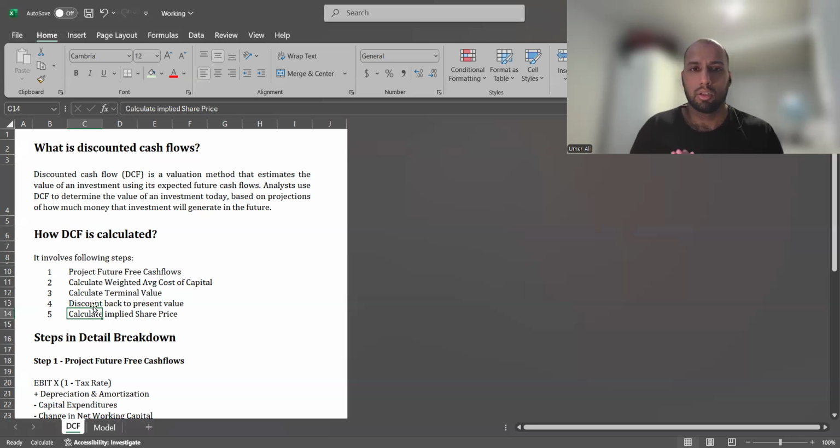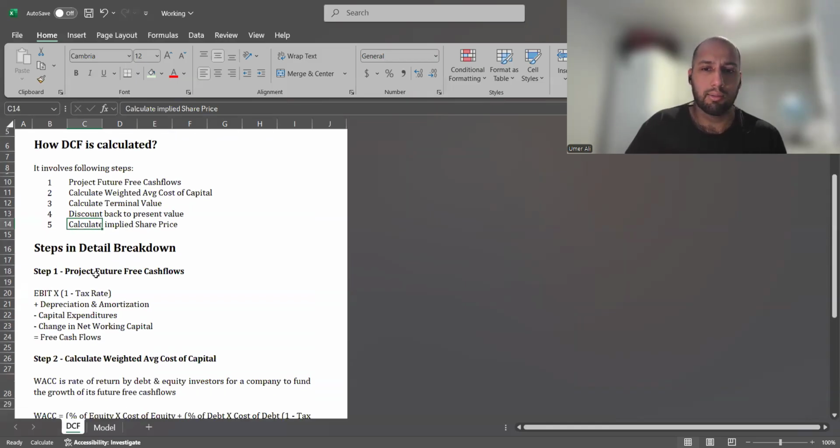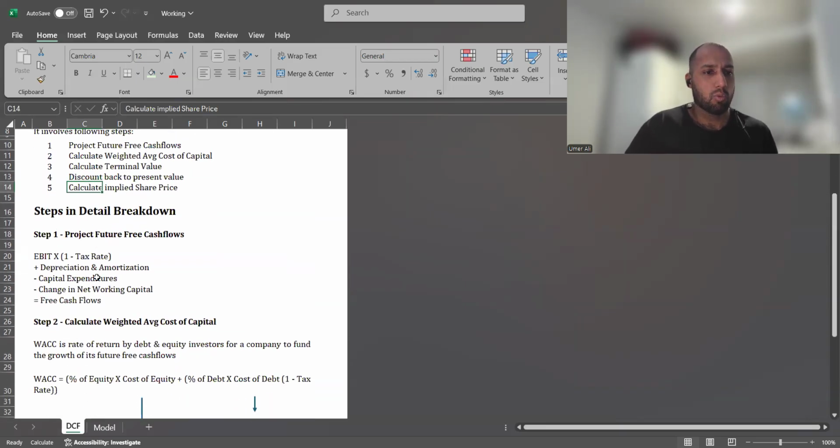So the DCF is primarily used to calculate the business value of a company based upon its future results. And how do we do that? With these five steps. Now we will discuss the individual steps in a bit more detail. So, what is future free cash flow? Future free cash flow is basically a number that a business is projected to obtain down the lane,